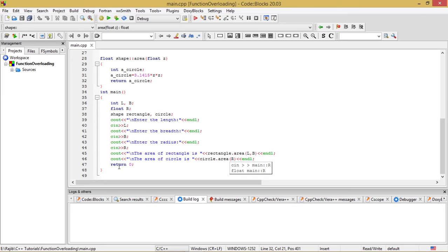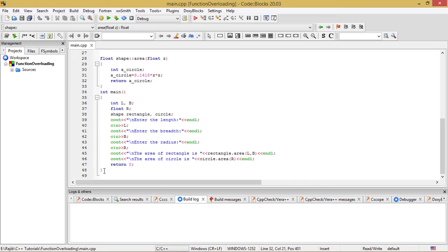So after that we are left with nothing but the return 0 statement and the closing brace of the main section, and we will expect the program to behave in the desired manner. That is, it will return the area of a rectangle when we supply two arguments to the function.